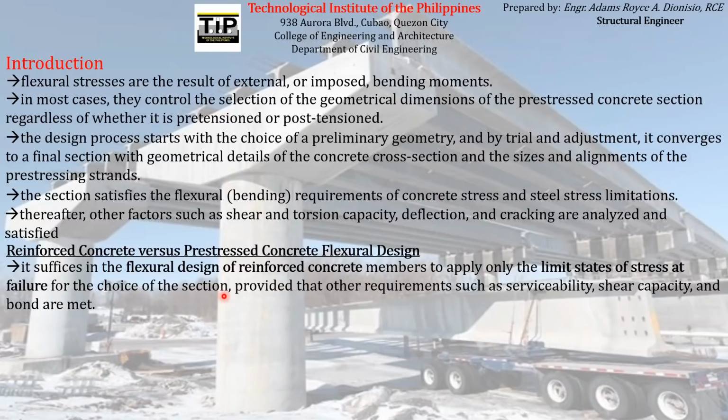That is usually the basis or the limit state that we check for the design of reinforced concrete. We usually check the adequacy of a certain section to resist the stresses at failure, meaning